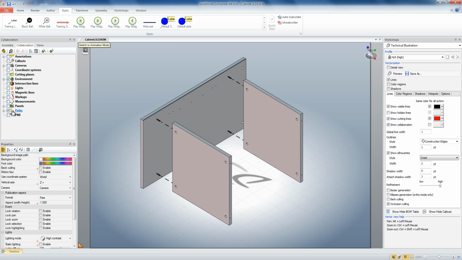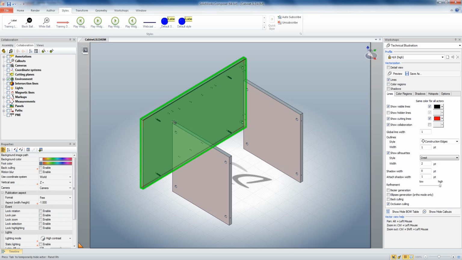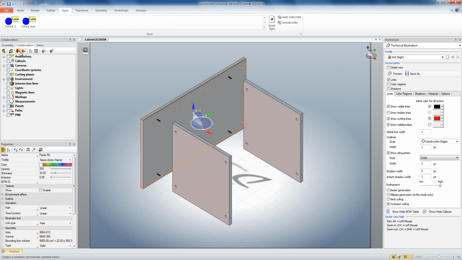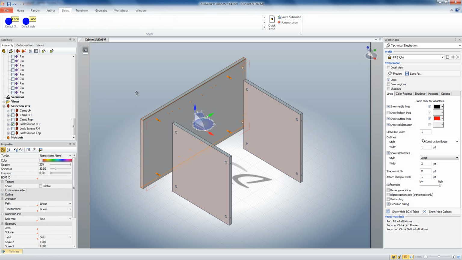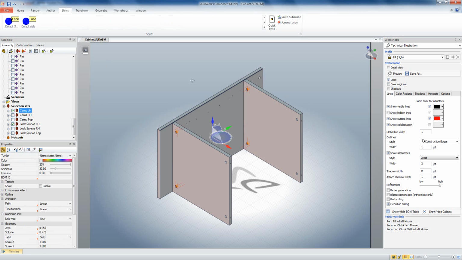So we'll go ahead and we'll turn off the visibility of the paths, and we'll take that panel and the lock screw selection set and restore their neutral position, so you can see they snap back to the original location. We want to at this stage turn on the visibility of the cams left hand, and with them selected we'll just pull them out,